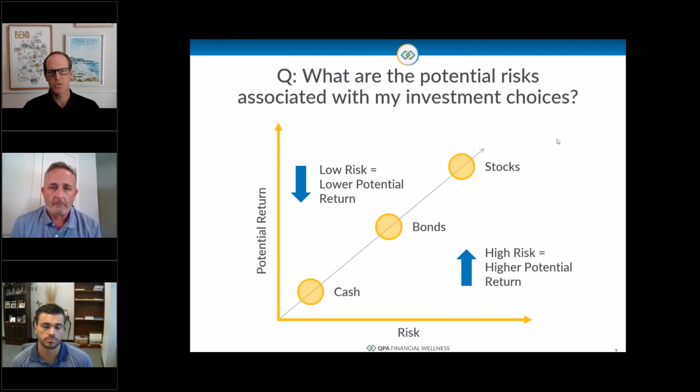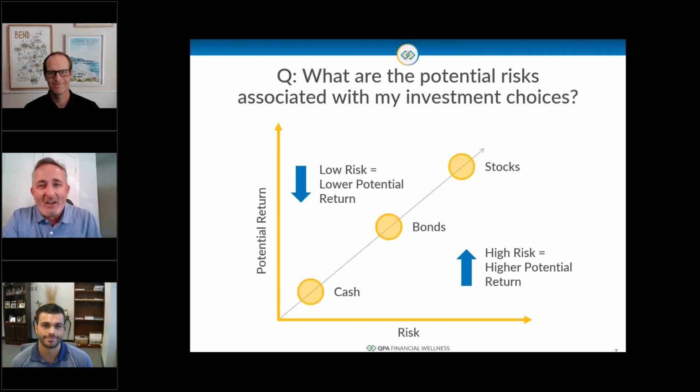So, John, can you walk us through what that process looks like, and how can you help people understand risk and how it relates to all the different investments they may be looking at? Yeah, I was actually talking to a client last week, and I asked him, what do you want to accomplish with these investments in your 401k plan? We're talking about his retirement plan. Well, I want to grow my money as quickly as possible, and I want to build up that nest egg sooner rather than later, but I don't want any risk.